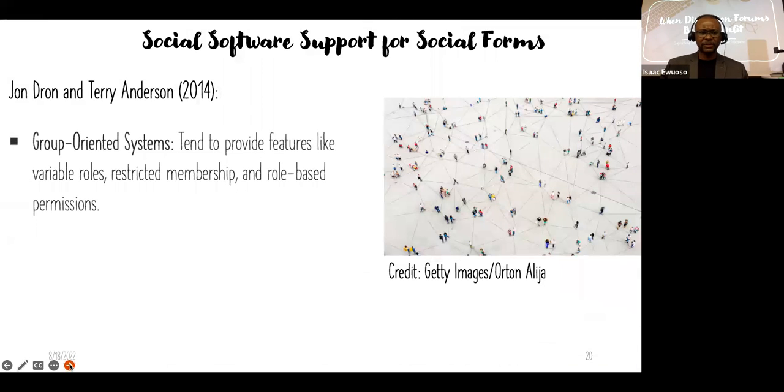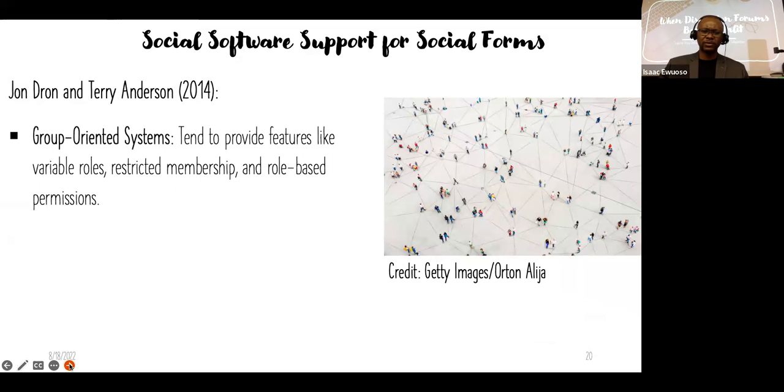Here's another from John Braun and Terry Anderson. When it comes to understanding social software, they mean social media, social software support for social forms.